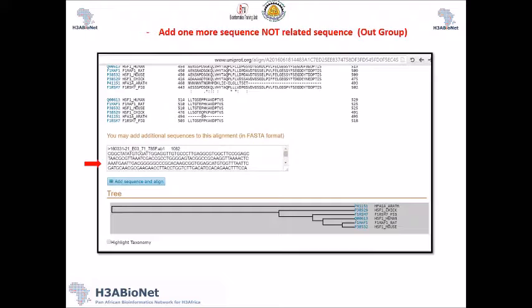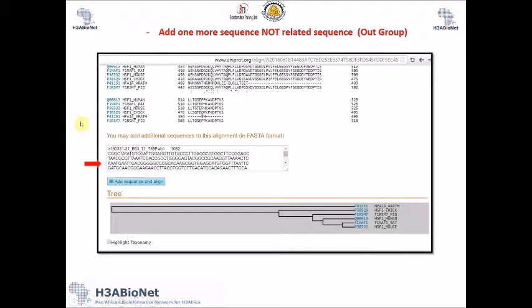If we would like to add one more, and this one is not related to heat shock factor 1 at all, for example we can add insulin protein, any other sequence which is not related to heat shock factor 1, to see the credibility of our alignment and our tree, we can just add here